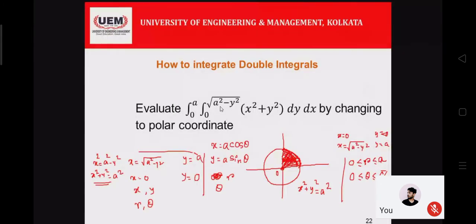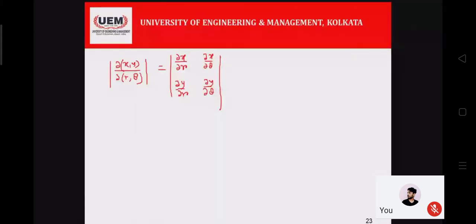We do one thing. I do not know who said that, but he was right. It's better to write x equals r cos theta as of now, and then at the last put r equals a. Write r cos theta, because we need two variables. Okay, so r and theta. So you write here r cos theta and r sin theta. Now differentiate and tell me the values, del x by del r.